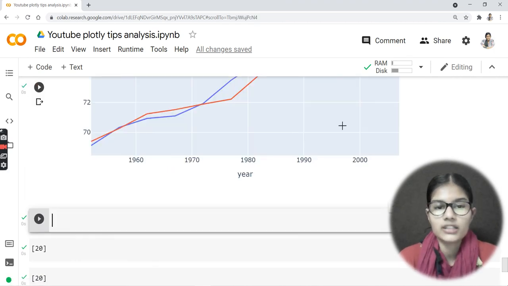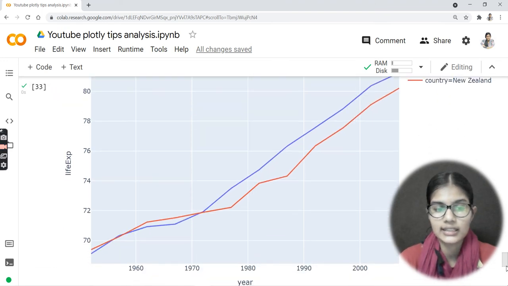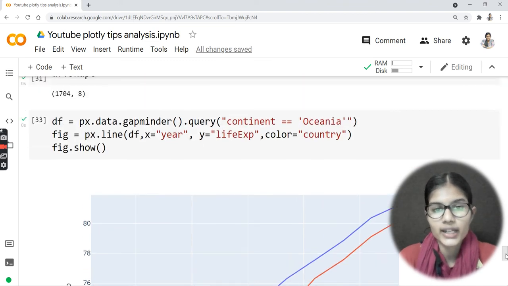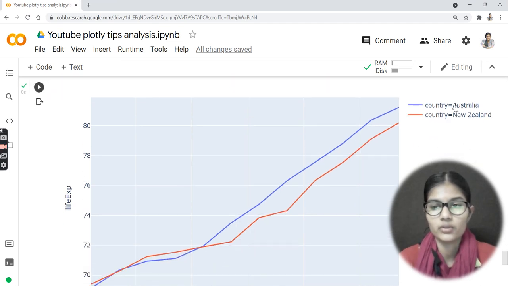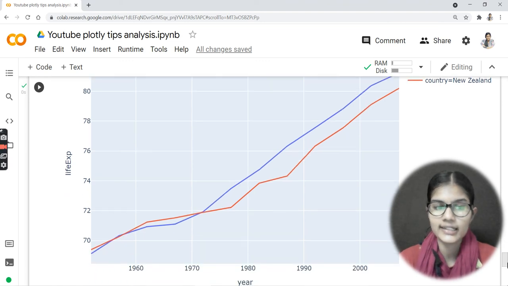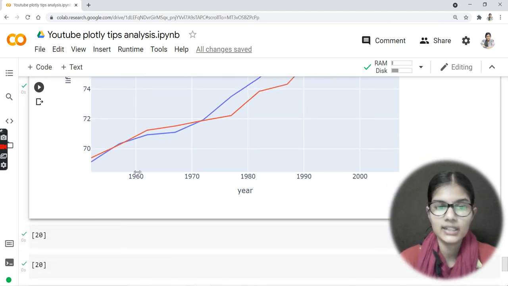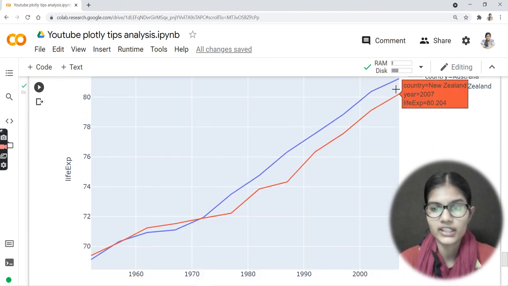Now as soon as I get the plot, just have a look at this plot which I'm getting. It is a very sorted and very good looking plot, right? Why is it like that? Because the continent, Oceania, which I have taken, has only 2 countries in it. The first one is Australia and the second one is New Zealand. It has the data only from 1960 till 2000. So it is easier to plot this smaller amount of data, right?